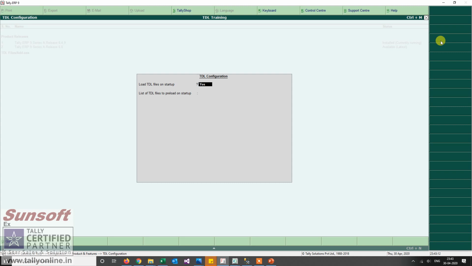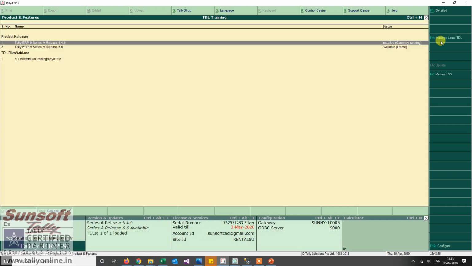Load file on startup should be Yes, and list of files. Now here you have to give the full path. So in my case I'm writing the full path. So day01.txt. This was the name of the file. I hope it is loaded.